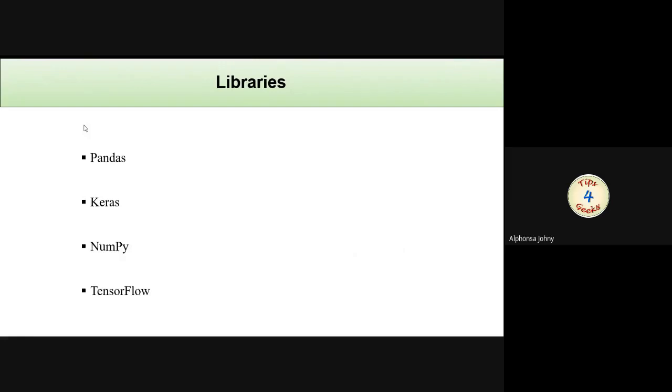Using Pandas, we can accomplish the following tasks, that is, to load the data. We can load huge datasets in the form of CSV files into our programming environment using the Pandas library. Then you can use the functions present in this library to prepare the data.